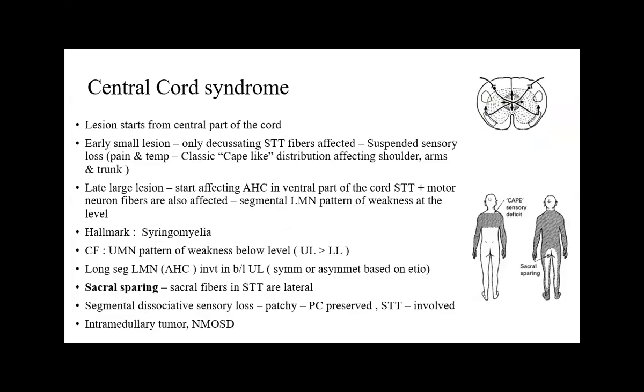Now coming to the central cord syndrome, here the lesion starts from the central part of the cord. In early cases, that is in small lesions, only the decussating spinothalamic fibers are affected. So the patient will present with suspended sensory loss. Mainly pain and temperature will be lost in a classic cape-like distribution that mainly affects the shoulders, arms and trunk. In late and large lesions that start affecting more anteriorly,